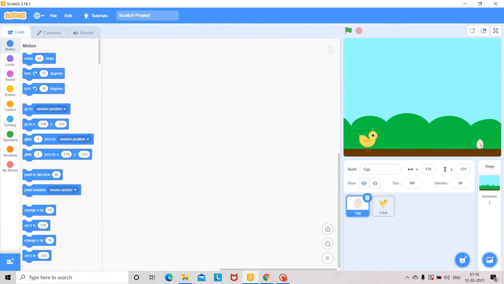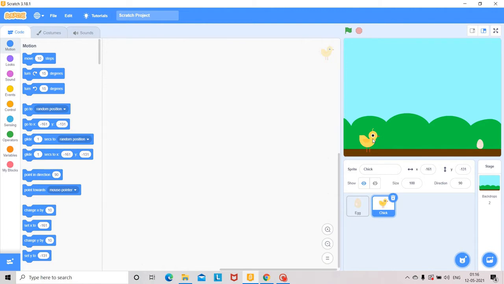First you give coding to any one of the sprites. I am first giving the coding to the chick. For the chick coding, you have to remember the chick is jumping upward and downward.